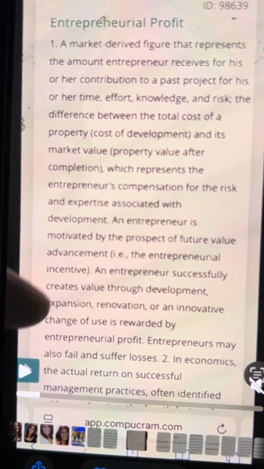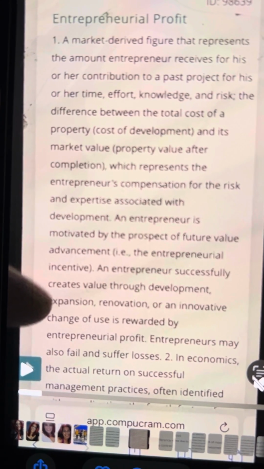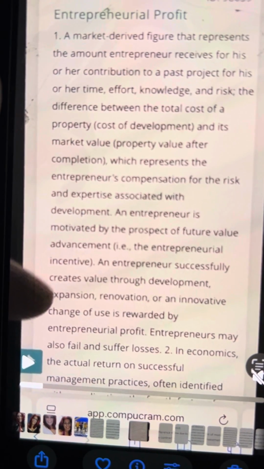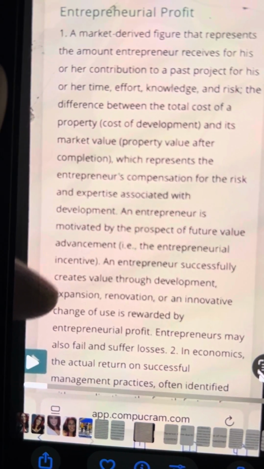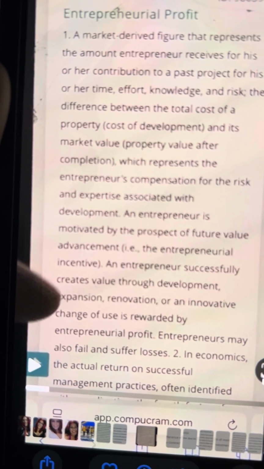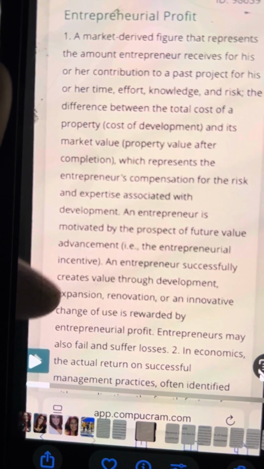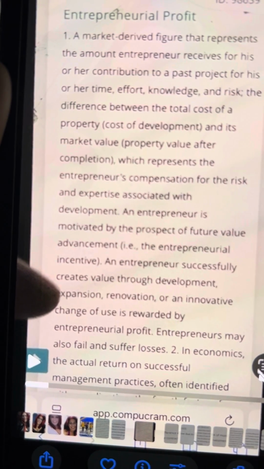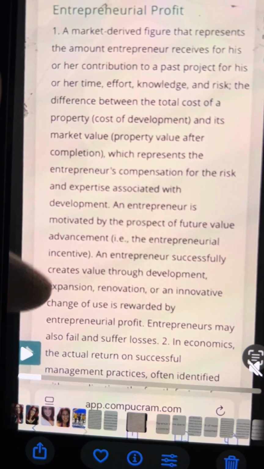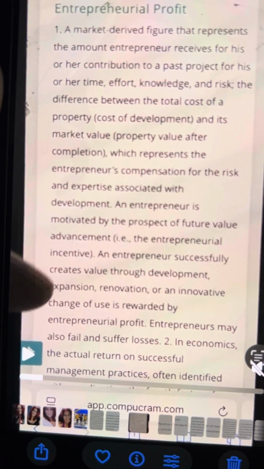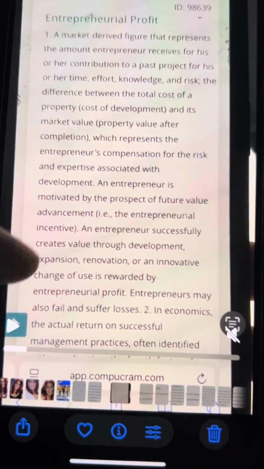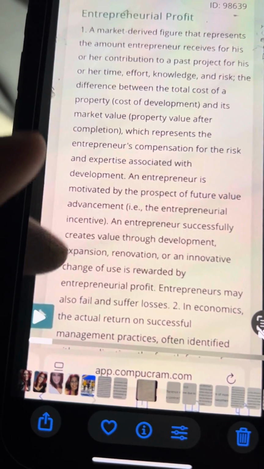An entrepreneur is motivated by the prospect of future value advancement, for instance, the entrepreneurial incentive. An entrepreneur who successfully creates value through development, expansion, renovation, or an innovative change of use is rewarded by entrepreneurial profit. Entrepreneurs may also fail and suffer losses. Number 2,